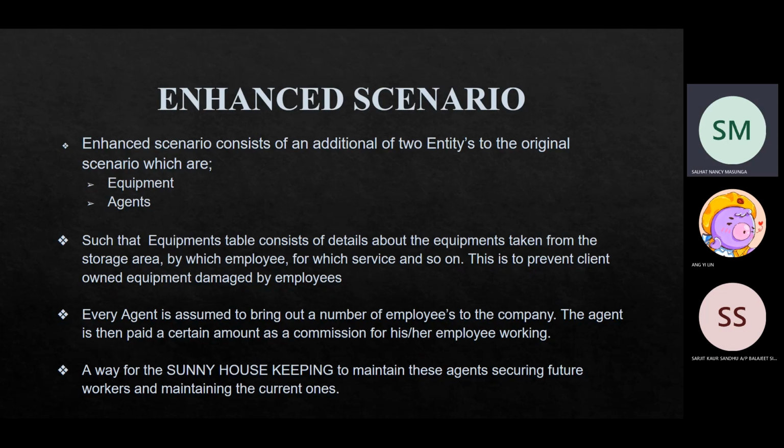So we're going to go on to the enhanced scenario. As you can see, the enhanced scenario consists of an addition of two entities to the original scenario. These entities are equipment and agents. We think that equipment and agent entities are very important to Sunny Housekeeping Company. This is because Sunny Housekeeping Company has to store data about the equipment that are used for different services in case equipment is broken or not working, so that they could ensure that the services provided are given to the utmost